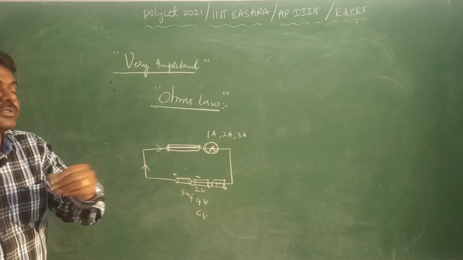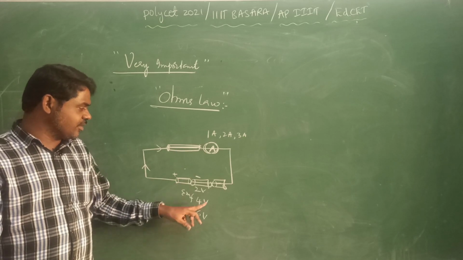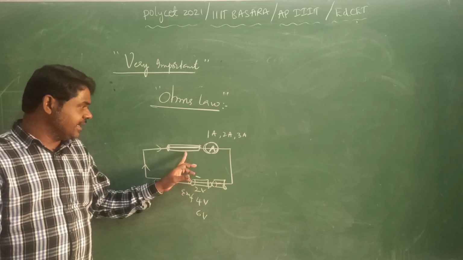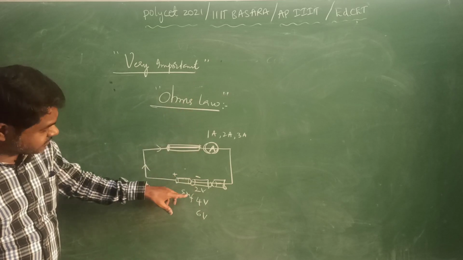2 amperes current flows, let us assume. Of course, it flows like that if it is a metal conductor. So 6 volts, when we take 3 cells, there will be 6 volts. Let the current be 3 amperes. So now what can we identify?